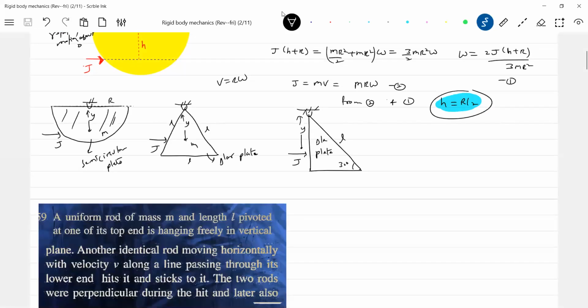What we did for a rod, now I brought for a circular disc, now a semicircular plate, triangular plate, square plate. So many objects are there. Try to understand: what you do for a rod, it should be applied to other structures. We don't have a question till now on center of percussion in JEE Advanced. You check it. So there's every possibility of it being asked. If they ask, you'll be on the safer side. It's an advantage for you, and you can finish within 2 minutes. No need to think much further.